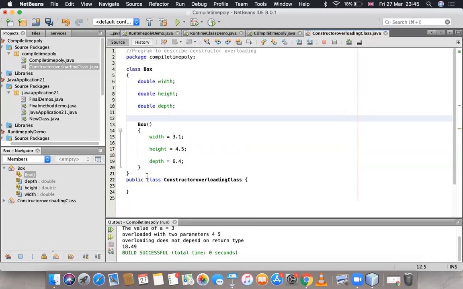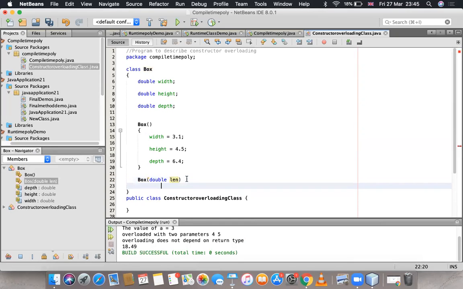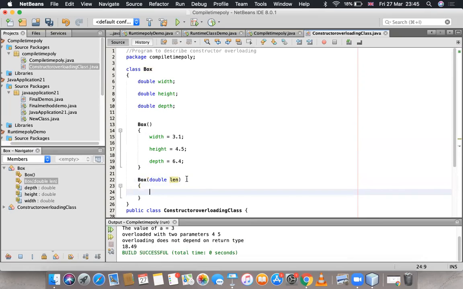This is one constructor. Now I am going to overload this constructor again. That is Box, and I'm going to pass a single argument into this, double len. Here I am writing width is equal to len for a cube.